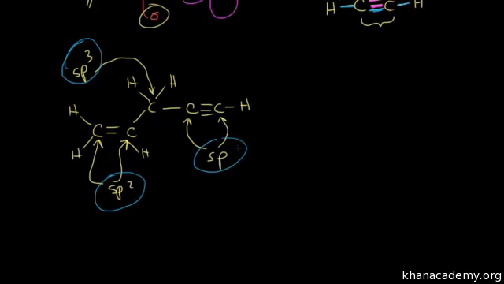Finally, let's count up the number of sigma and pi bonds in this molecule. So I'm going to start with the number of sigma bonds. All I have to do is count up my single bonds. So this is 1, 2, 3. For a double bond, I know one of those is a sigma bond from my video on sp2 hybridization. So 4, 5, 6, 7, 8, 9, and then in this video we saw that for a triple bond, one